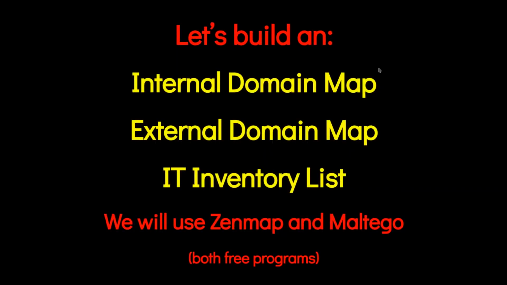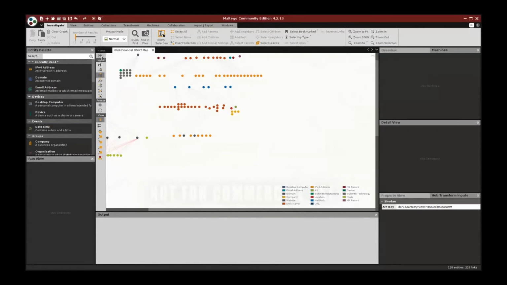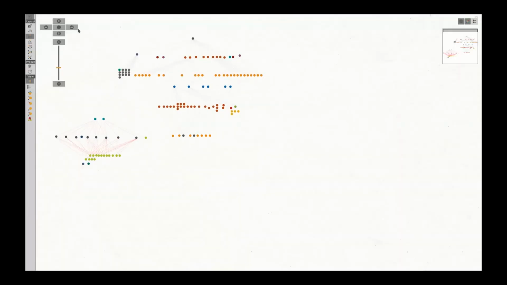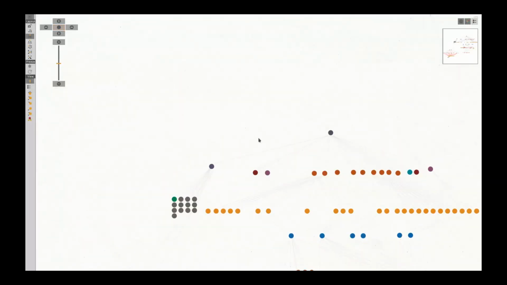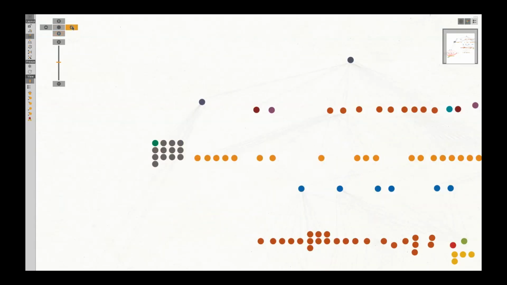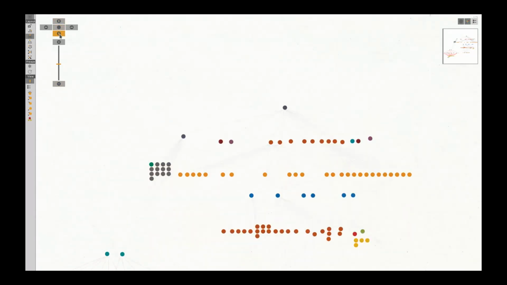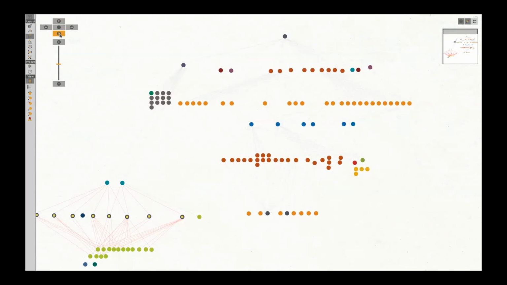So let's do that. Let's build a couple maps real quick. The first that we'll look at is going to be with a program called Maltego. And I like Maltego a lot because it's a free program. It's basically a fancy mind mapping type program. And it'll give you a map that looks like this,